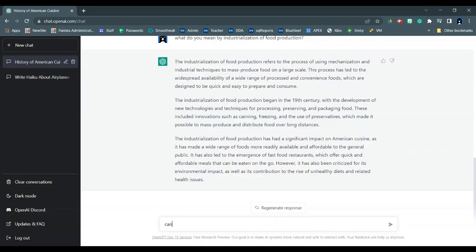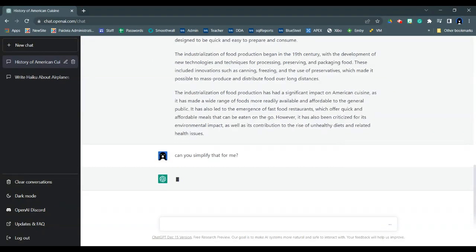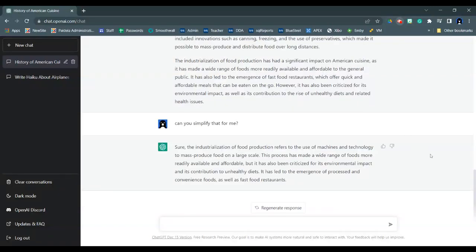Now, I can do things like, as a student, or you could also use this as a teacher: can you simplify that? Simplify that for me. And I will pause. Okay, when I ask it to simplify, it takes those 3 paragraphs and turns them into a single paragraph. You can see a lot of the same language in there, but it's been broken down into a simpler bite. So you can use this to adjust the information you're getting based on the reading level of your students, for example.